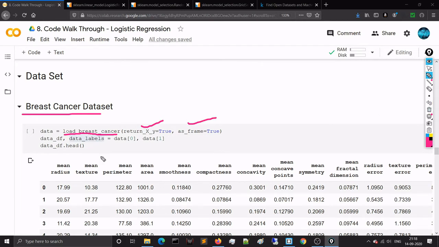Let's see, using df.head you can get the first 5 rows, or first 5 points, of your whole data set. The columns are nothing but the features. There are, I guess, 30 columns, that means 30 features, so the feature vector is 30 dimensional. And remember, the optimal weight vector will also be 30 dimensional. I said repeatedly that the number of features, or the feature vector dimension, will be equal to the weight vector dimension. And we will see that the number of features will be equal to the number of elements in the weight vector also. Okay, so this is our data.